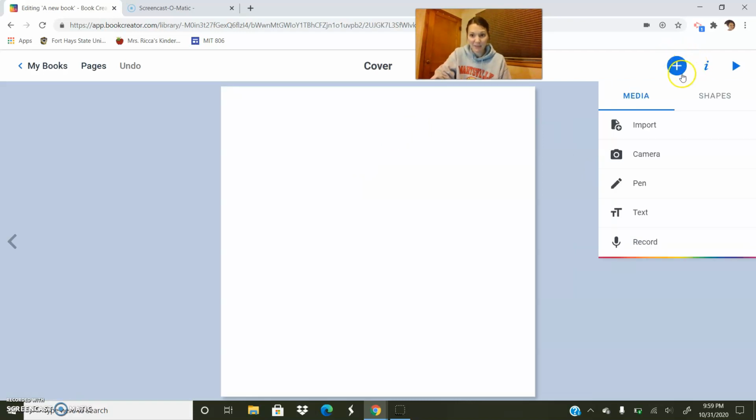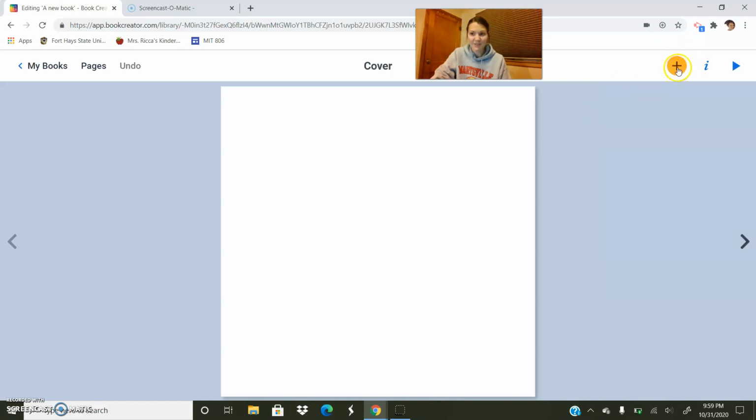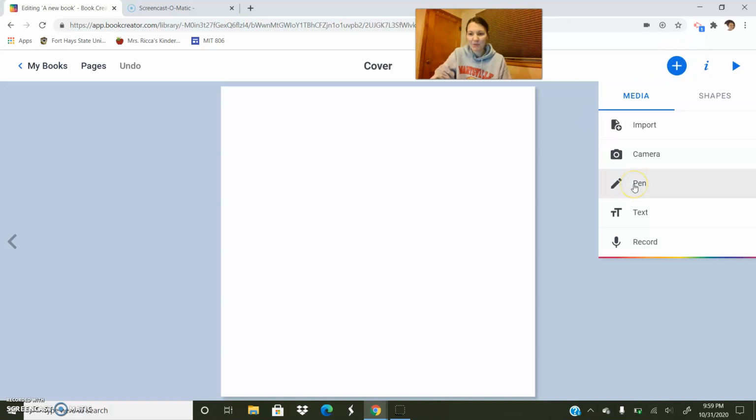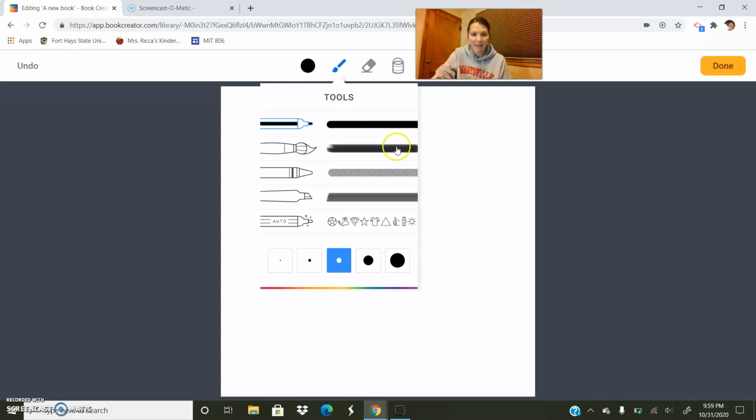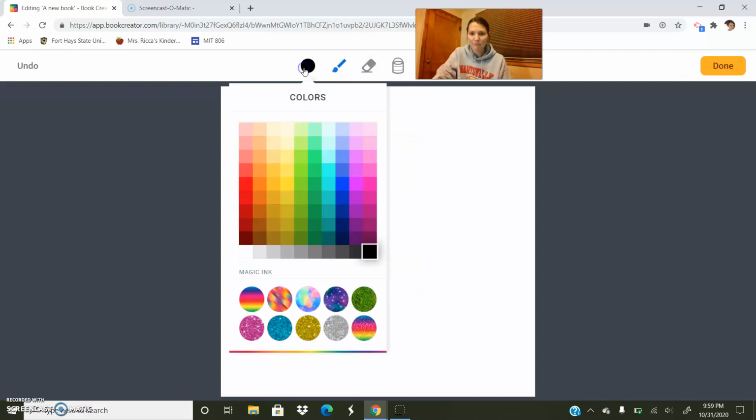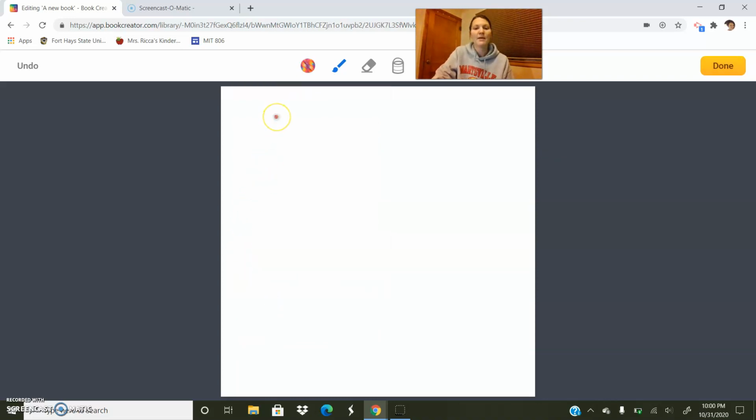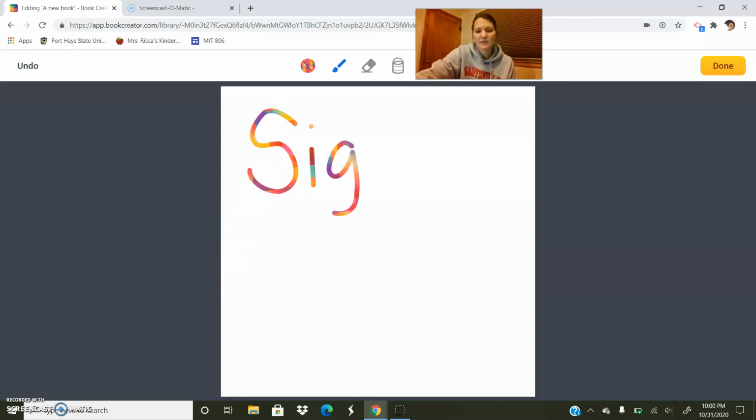So I have to come up to my orange plus sign, and I have to grab my pen. Okay, I have to make my title. I like this kind of fun rainbow one. I'm going to write my title on this one, and I'm just going to call it Sight